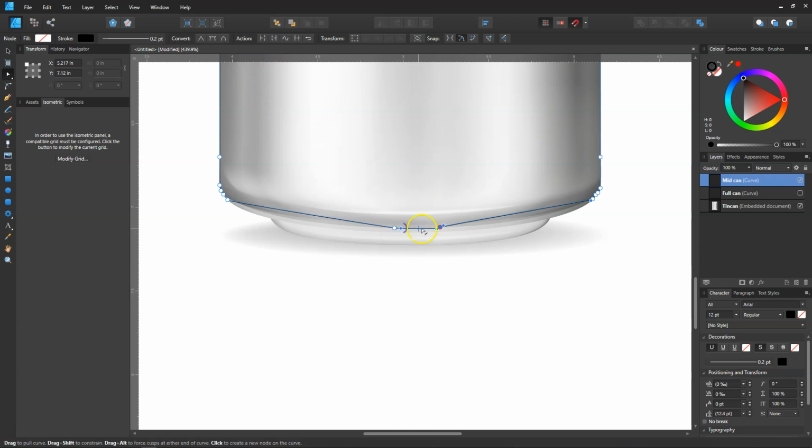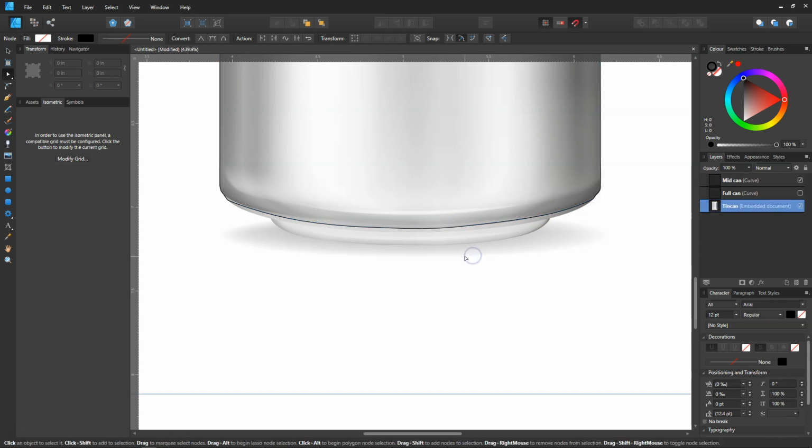I'm just going to straighten mine up a little bit, then just add a couple more nodes just to round this off to where we need it. That doesn't quite look that good. That looks better. So once we've got that done, our mid can, we need to come to our embedded document